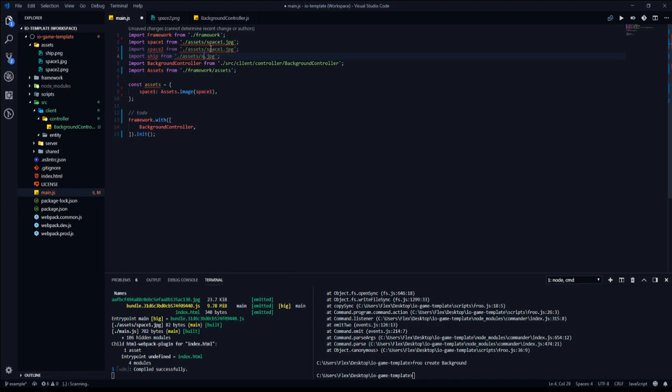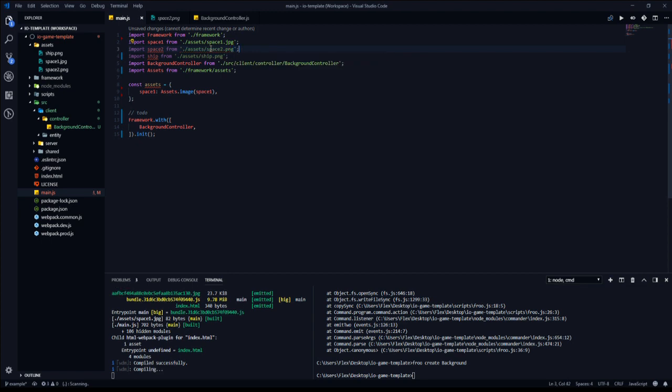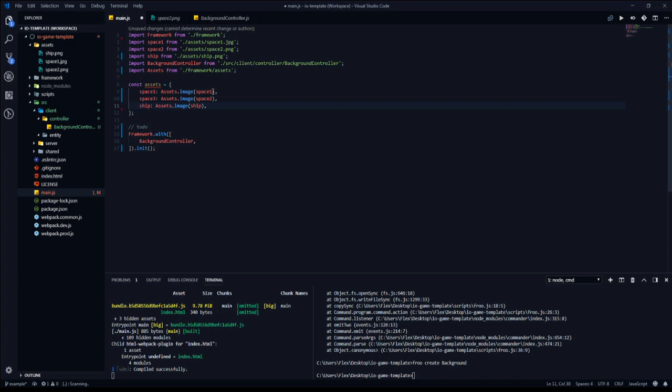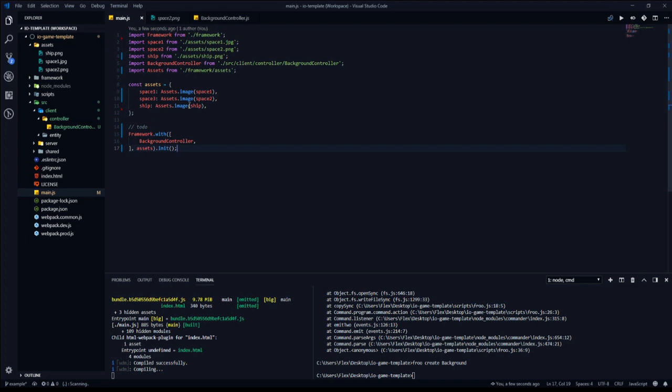And I think that ship is a PNG, and space 2 is a PNG, of course. And here just register, that should be it. And now we just register assets, and